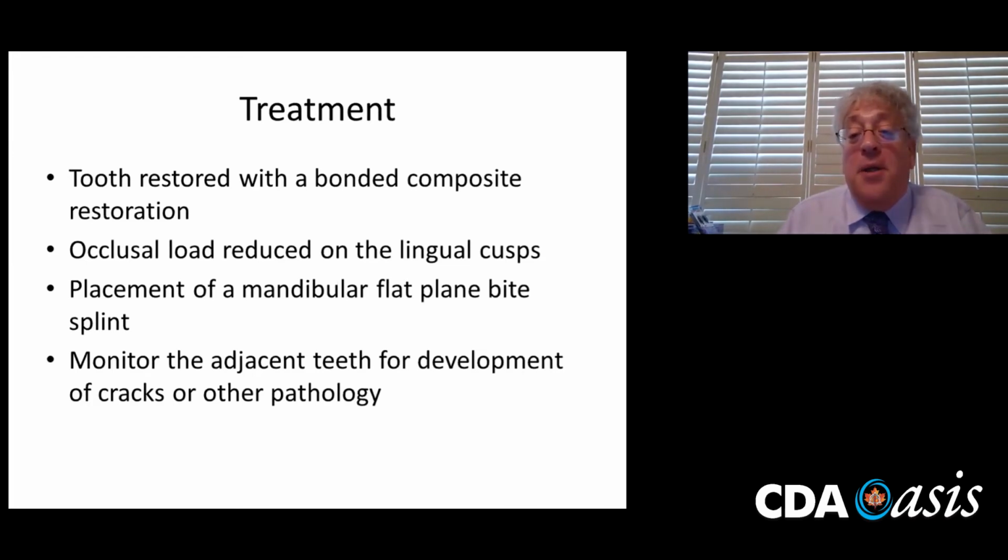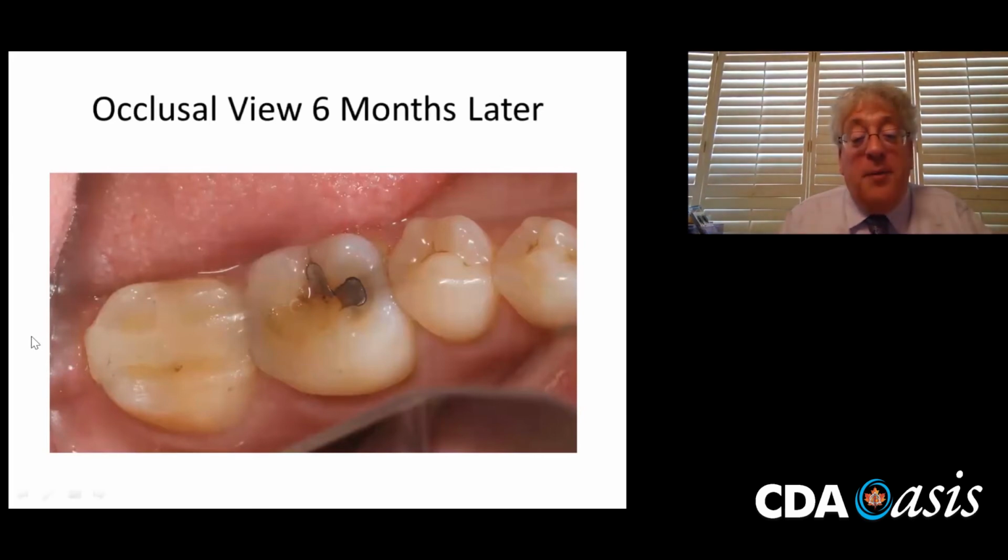And it's now 9 months later, and our tooth, as you see, is looking fine. We're monitoring this area of the tooth in front of it, as well as the opposing dentition. And she's wearing her bite splint. And she now admits, yes, I do grind, and I didn't realize it. And what's interesting is on the bite splint, we're now starting to see on this side of the bite splint signs of wear and grinding.